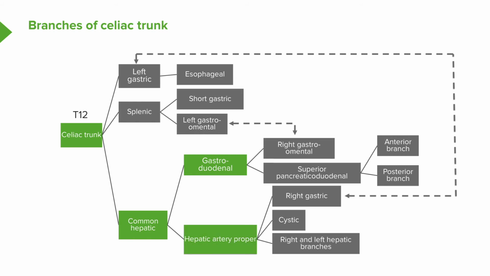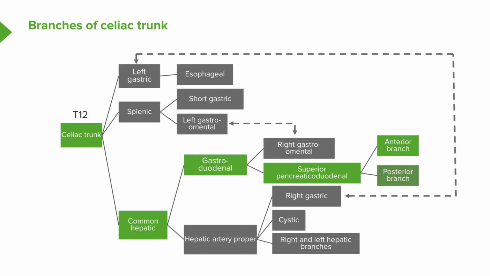It's that hepatic artery proper that is going to supply the gallbladder via the cystic artery. It goes to supply the liver via the right and left hepatic arteries, and it gives rise to the right gastric. And it's the right gastric and the left gastric that run along the lesser curvature of the stomach. If we go to the gastroduodenal artery, we know the gastroduodenal artery gives rise to the superior pancreatico-duodenal, which then